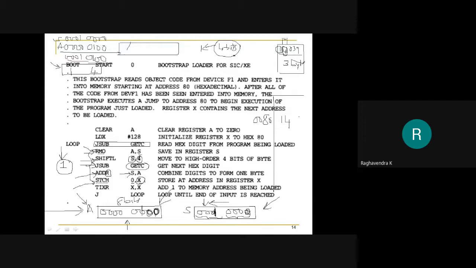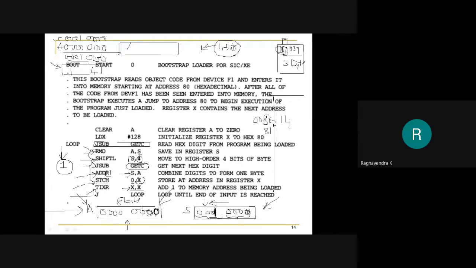Now I need to increment the value of X to 81, the second byte, correct? So TIXR. What does it mean? It means test and increment the value of X. So X comma X. So add 1 to it. So it will become 81, right?